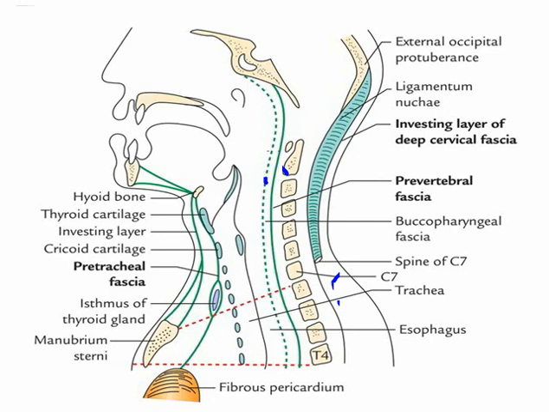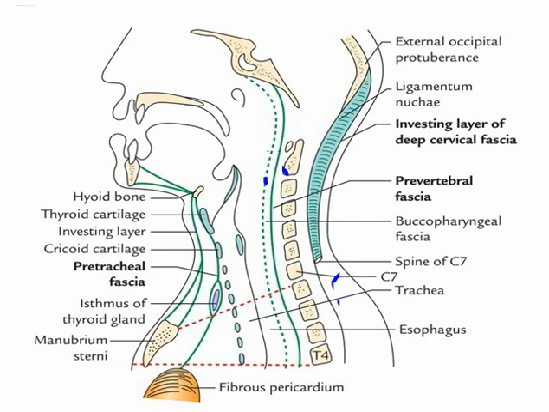So this is a sagittal section through the neck, and this green color shows the various layers of the cervical fascia. The superficial most is the investing layer. This is the investing layer of the deep cervical fascia. Then deep to that is the pretracheal layer of the deep cervical fascia. The carotid sheath is present on either side. That side is not shown in this figure.